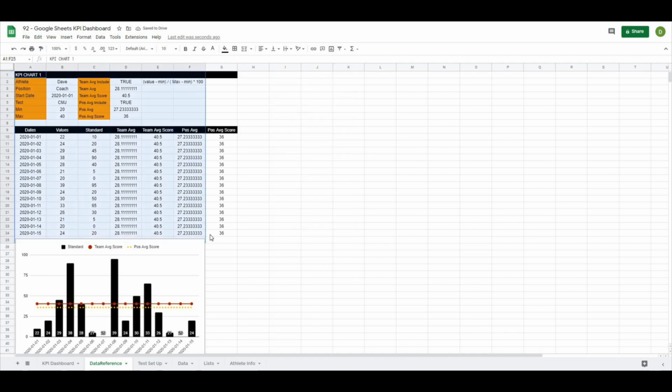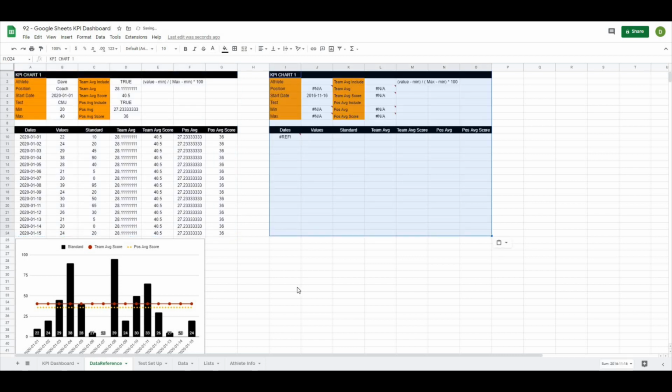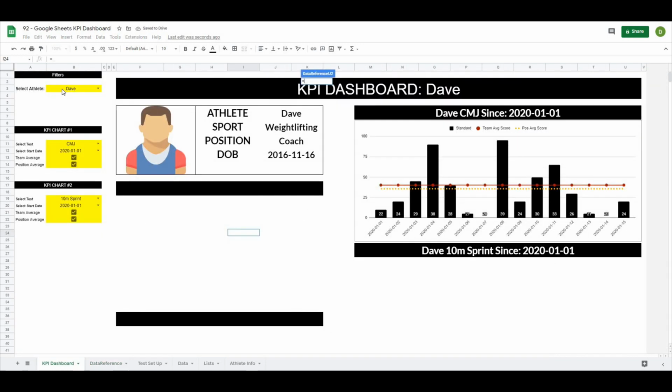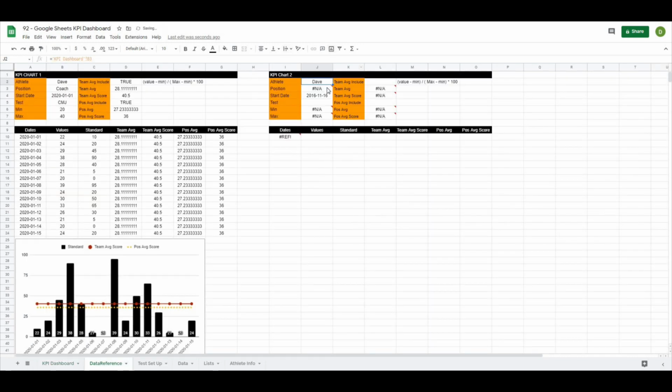And what I can do is just copy this whole thing, Control C, and just paste it over one. And now instead of this, we want KPI chart 2. And we just have to fix some of these references. So we know that the athlete is going to be stored in B3. So I'm going to type equals KPI chart B3, and we're just going to put some of these references back together. Our VLOOKUP,